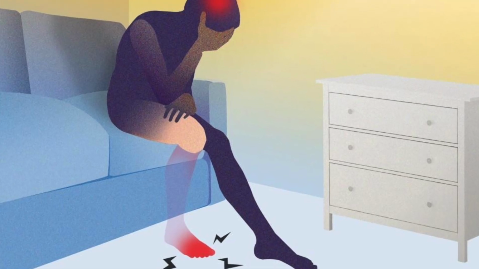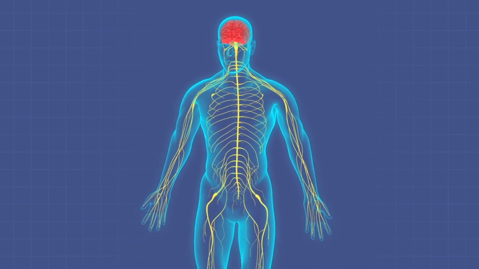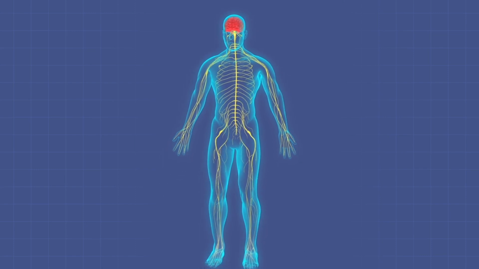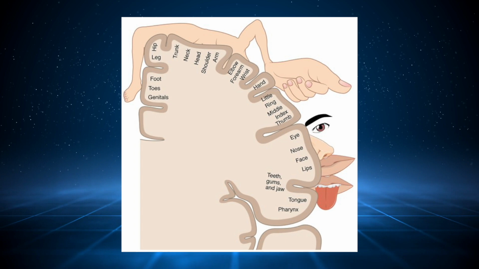We can see this classically with phantom limb pain. Someone will have pain in a limb that is no longer even there. And this is where the analogy doesn't completely work, because the signal can't go down to the limb that isn't there. But in the brain's map of the body, it can. So again, it's more complex, but this is just to help explain the idea of what's going on with pain compared to the mainstream understanding.